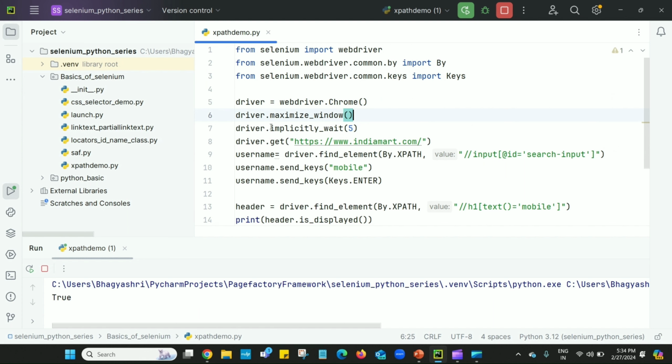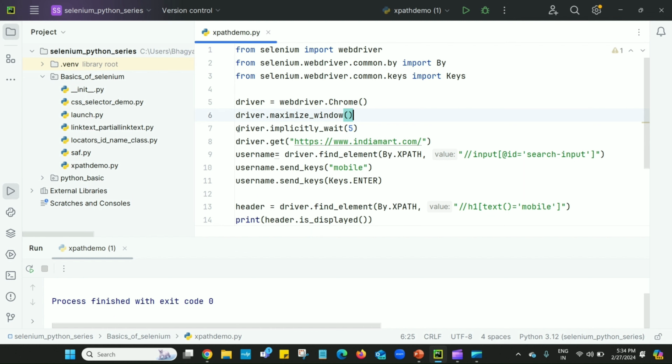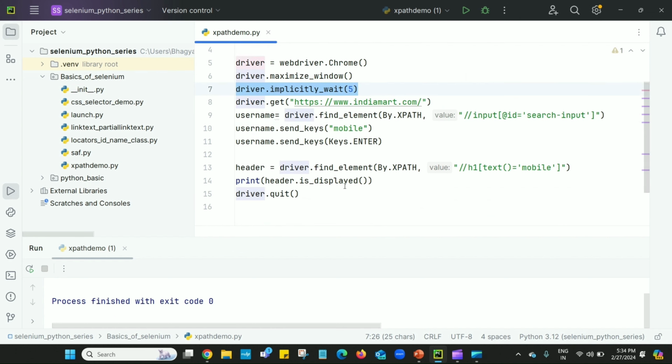Before using this implicit wait, we were getting no such element exception. After entering the mobile keyword in the search text box and pressing enter, it takes time to load the page, and the WebDriver immediately started finding the header mobile.